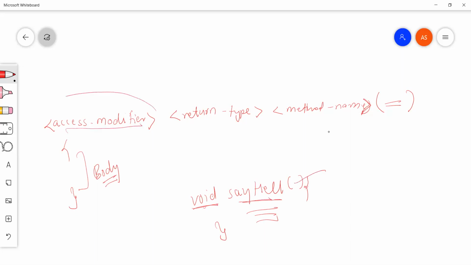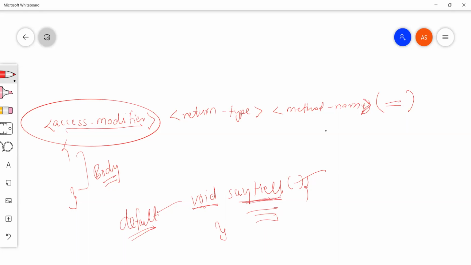When we are not using any access modifier, it will be treated as default. And what is the scope of default? We can say within the package, in which package we are writing this method. We will be writing this method somewhere in a class, so wherever the class is accessible, we can access this method.